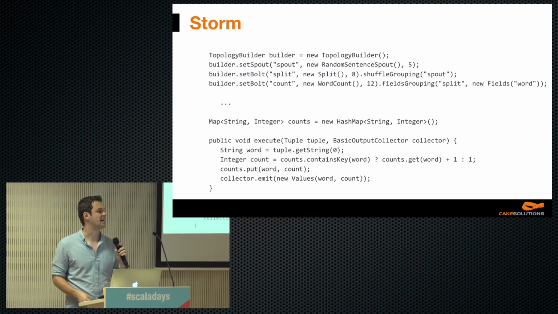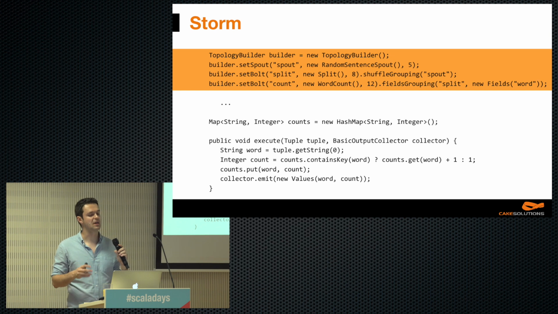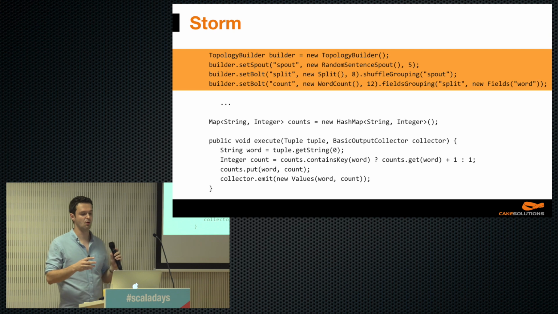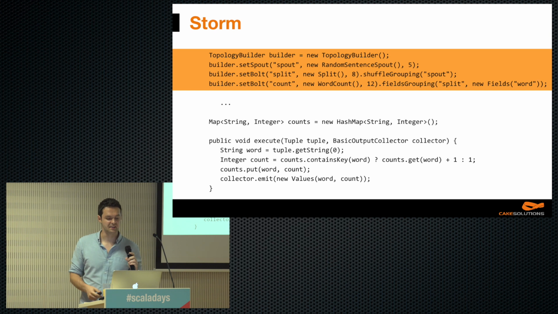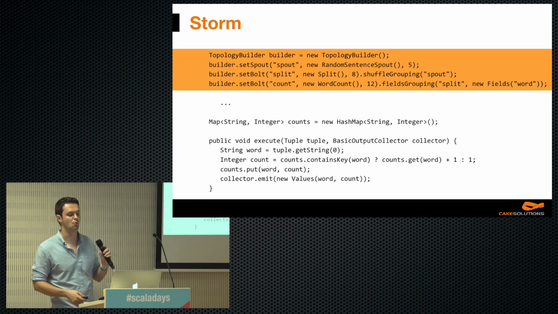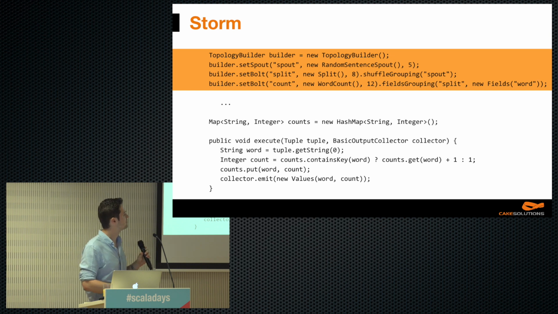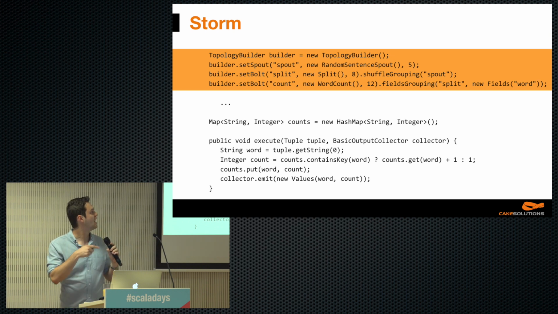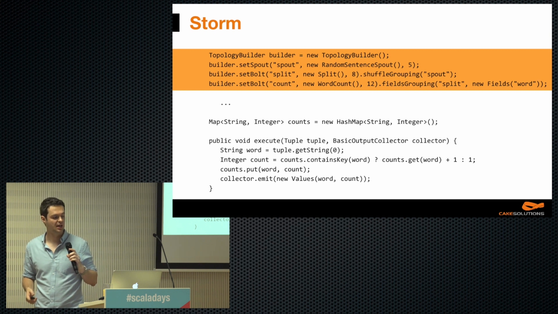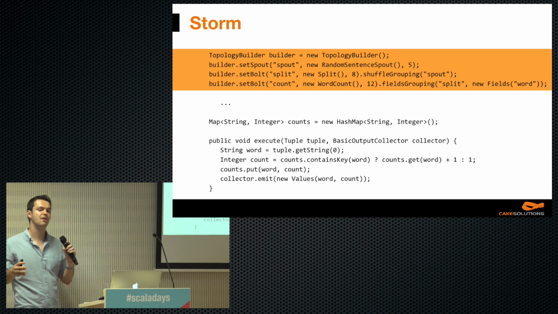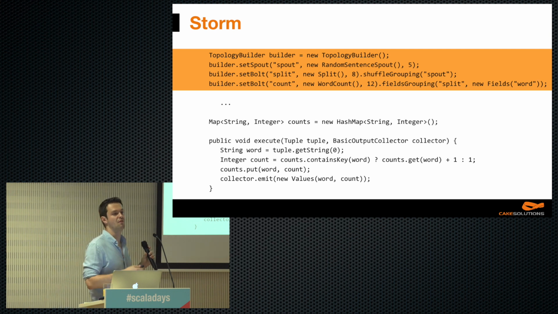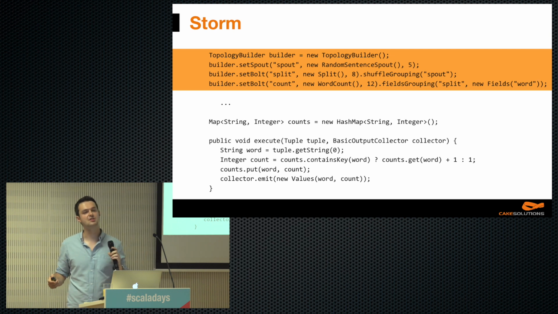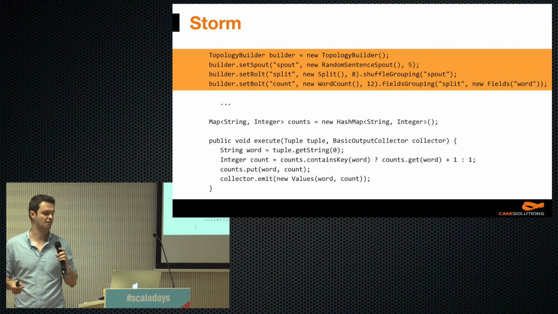First, let's take a look at its topology definition. As you can see, we have to define a spout, or if you want, a source. And there is a bolt, a processing component, which splits text into words. Then I have defined another bolt for the actual word count calculation. Also, take a look at the magic numbers, 5, 8, and 12. These are the parallelism hints, and they define how many independent threads around a cluster will be used for execution of every single component. As you can see, all is very manual and low level.